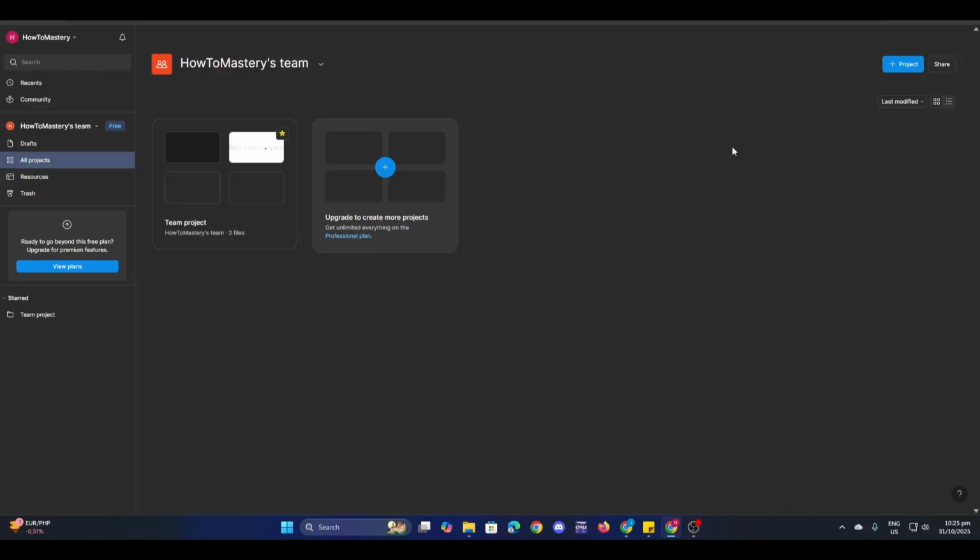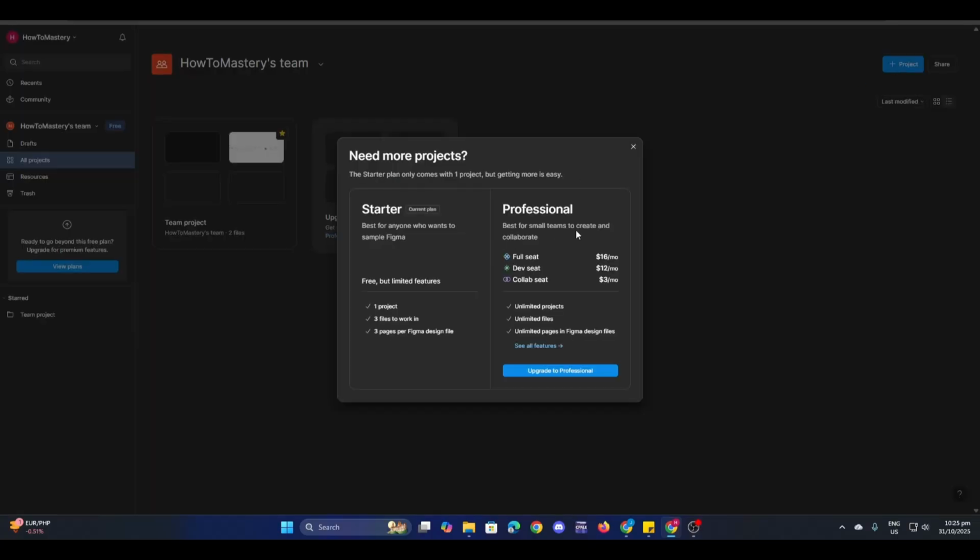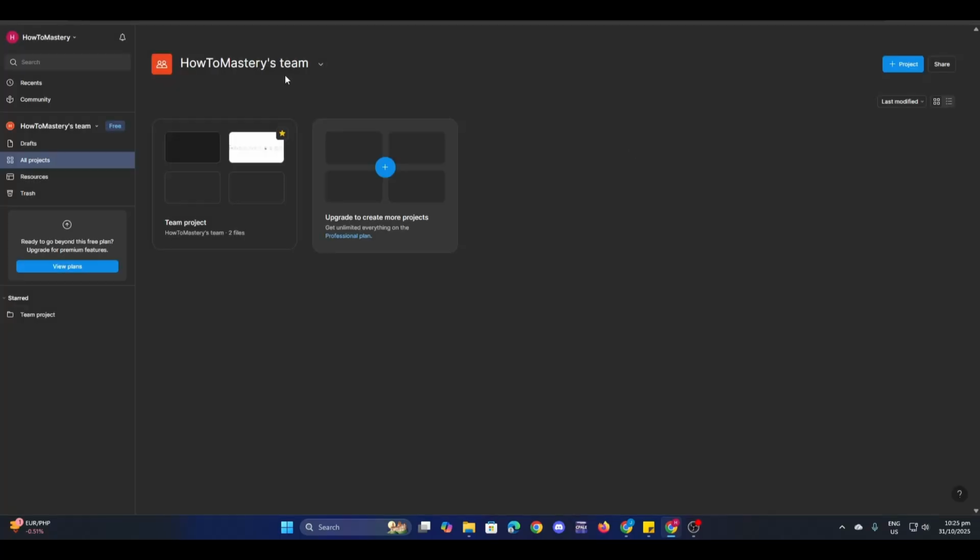Okay, so if you have a professional plan, you can start multiple new projects. As you can see here, you can start unlimited projects. So if you have a professional one and you already have a project, you can just click on plus project and then name the project and then just click on create project. Okay,